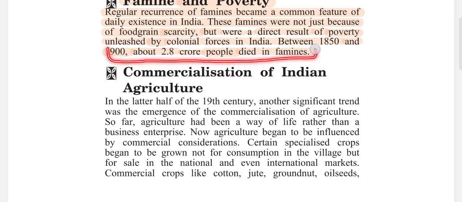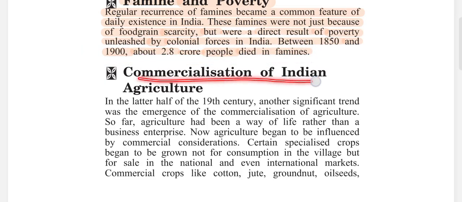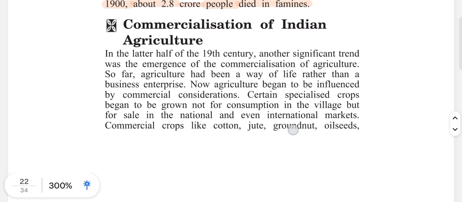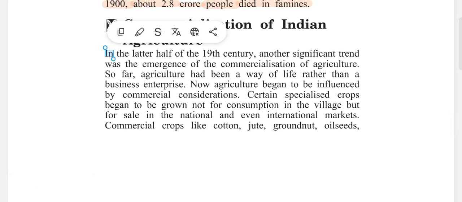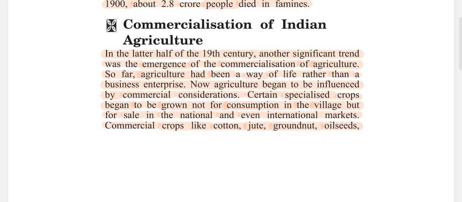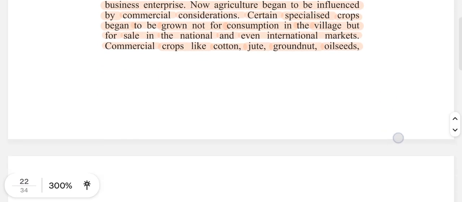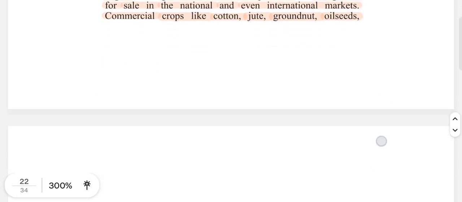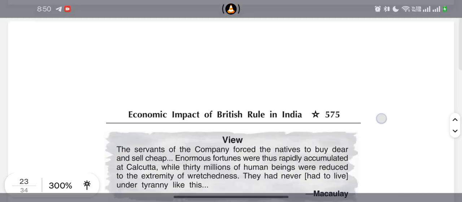Commercialization of Indian agriculture in the latter half of the 19th century. Another significant trend was the emergence of the commercialization of agriculture. So far, agriculture had been a way of life rather than a business enterprise. Now agriculture began to be influenced by commercial considerations. Certain specialized crops began to be grown not for consumption in the village but for sale in the national and even international markets. Commercial crops like cotton, jute, groundnut, oilseeds,